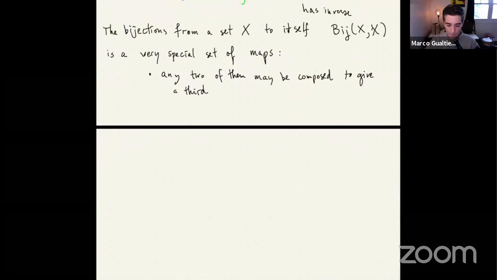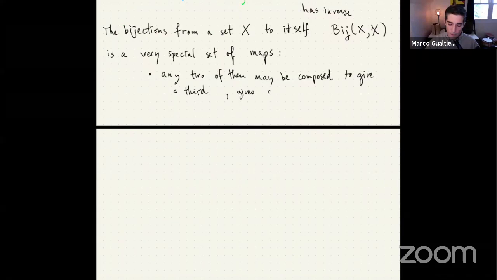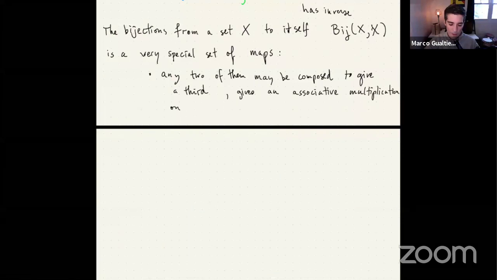Okay, and so this gives an associative multiplication on the set of maps. Okay, and number 2,